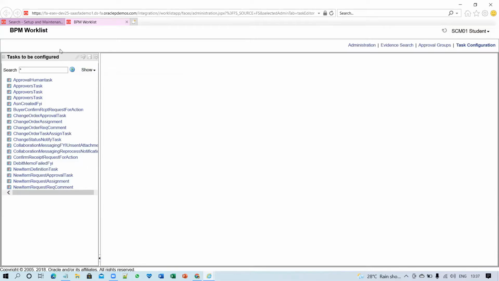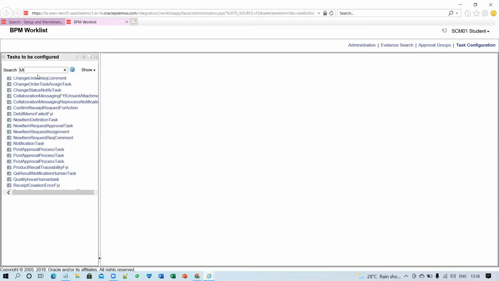Now it will redirect you to the BPM list, and you can see that there are a couple of tasks available which you can customize and add based on your business requirement. We'll discuss all these tasks and configurations, what you can do and what you can achieve, in our upcoming releases. Now you have to search for the miscellaneous transaction.